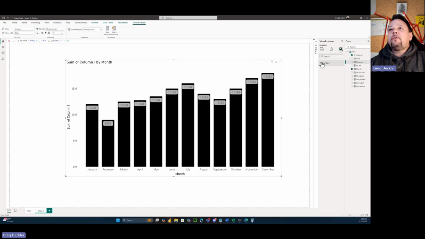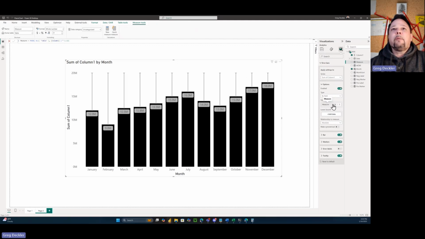So what I can do is I can turn on error bars. So sum of column 1, enable the error bars, take my measure and throw it in here as the upper bound. Now this is what I thought originally, right? I would be able to come in here and go to my markers and change the shape of the markers and make them bigger